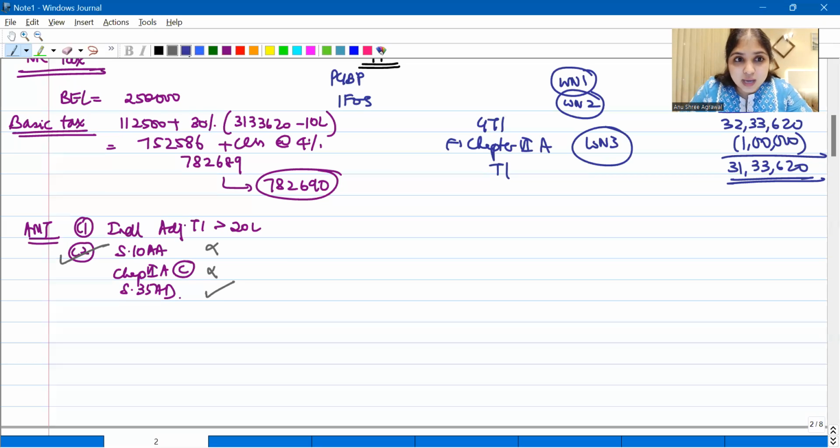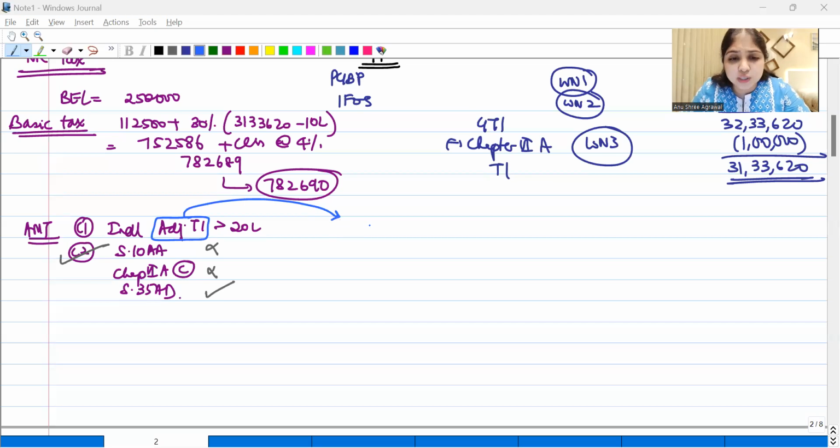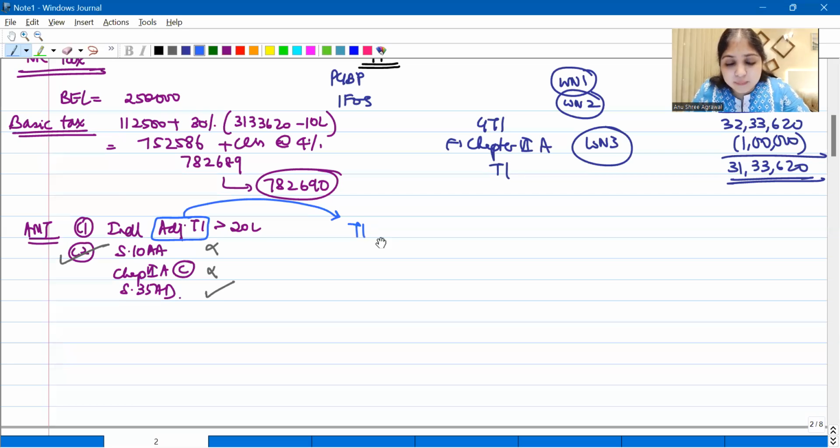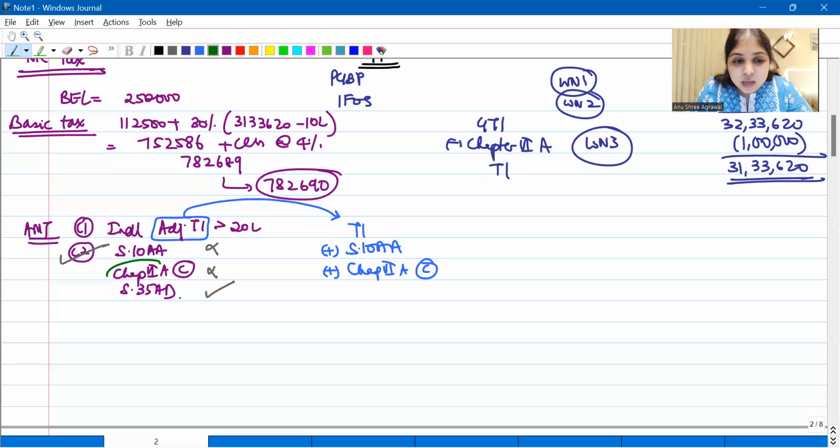Okay, guys. Now listen, I need to calculate the adjusted total income number. How will I calculate it? What is adjusted total income? It is nothing but my normal total income, and then I'll add back the same 3 things. I'll add back 10AA deduction. I'll add back chapter 6A part C deductions. By the way, in your syllabus, there are only 3 chapter 6A part C deductions. What are they? You have 80JJAA. You have 80QQB.